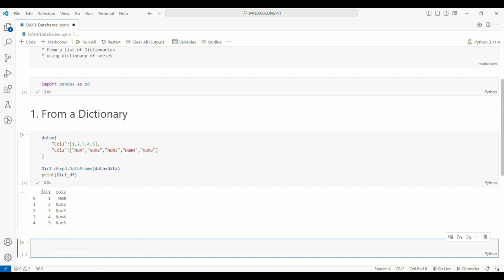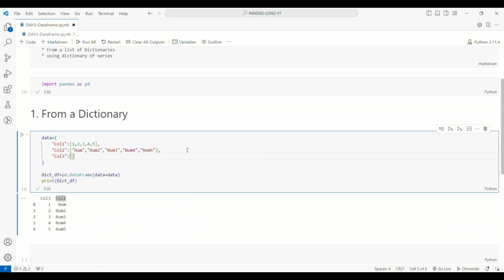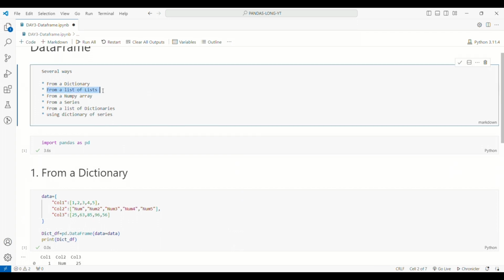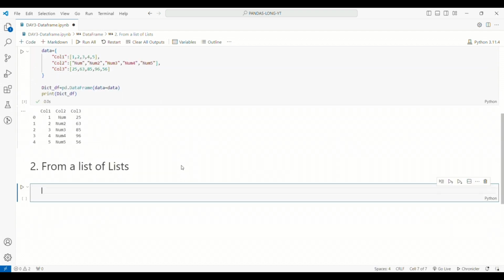If you wanted to add any column, you can similarly create one more key value pair in the same dictionary. The second way is using a list of lists. So list is a one dimensional data. So let's see how to use multiple lists to create a 2-dimensional data. So first we have to create a list data. So I have created one list, and within that list I am going to create multiple lists.